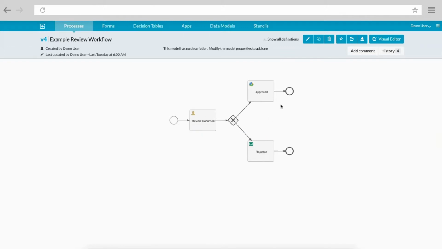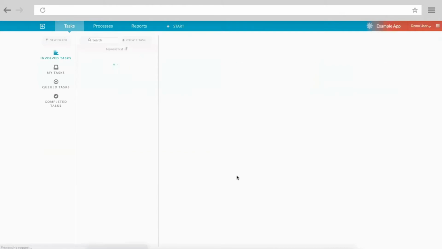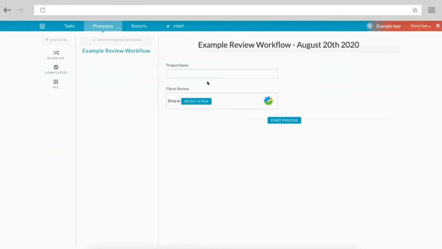If approved, we're going to send it to Alfresco Content Services to store it. If we reject it, we're going to send an email to the user letting them know that we rejected their content and to please submit it again. So let's get started. I go here to my dashboard, and I'm going to click on the example app. I'm going to click on Start, and I'm just going to type in something simple like test01 for my project